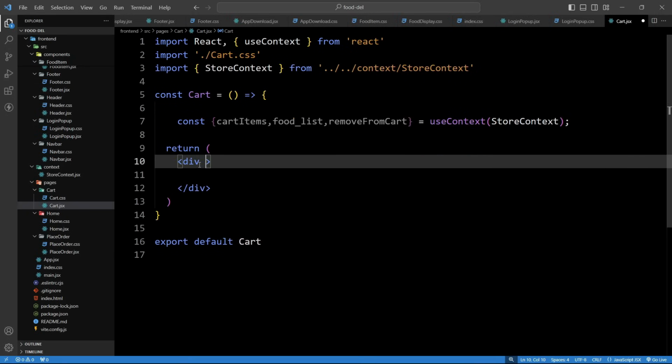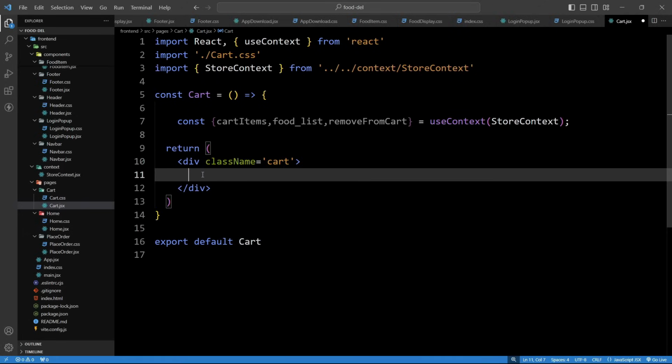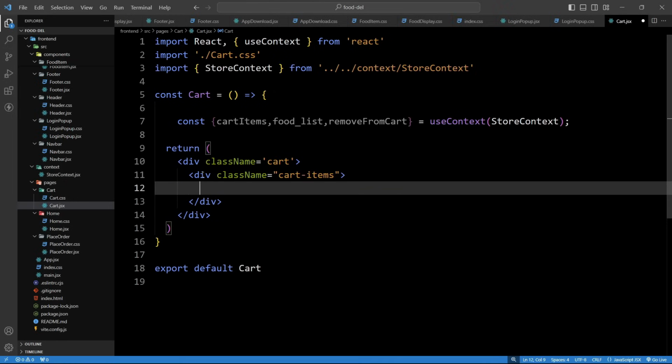After that, in this div we will add the class name property, and here we will type cart. Inside this div we will create another div and the class name will be cart items. So we will type div dot cart items, and inside this div we will create another div with the class name cart items title. So we will type div dot cart items title,